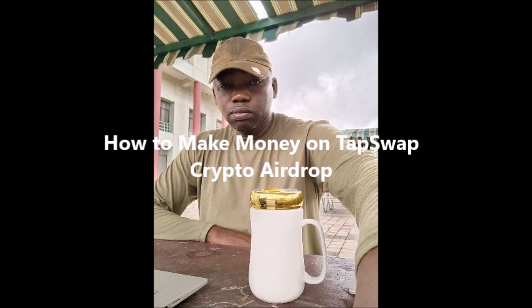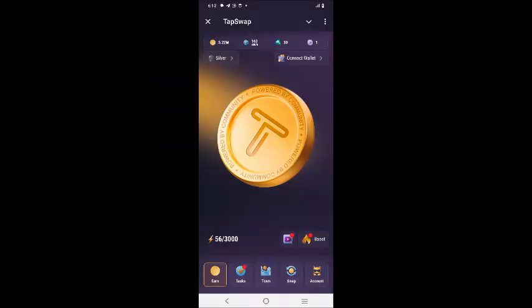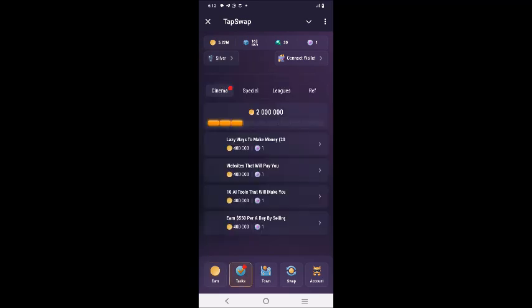After completing the task, TapSwap will distribute your earned Tap tokens depending on the platform rules. You may receive the tokens in phases or all at once. Hold or trade your Tap tokens. Once the tokens are in your wallet,